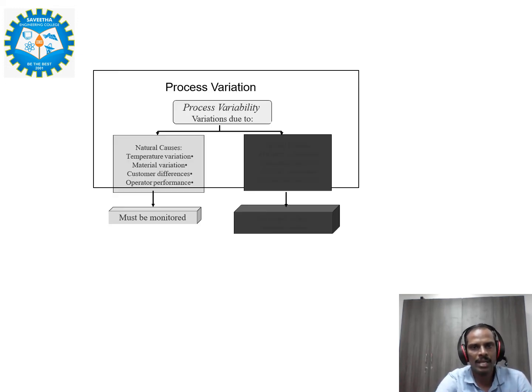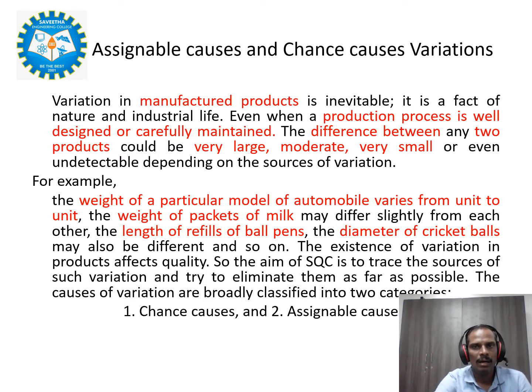And the process variations are mainly calculated for normal causes. The normal causes are nothing but temperature variation, material variation, customer differences, feedback, or operating performance that should be maintained or monitored. This is the main difference between assignable causes and chance cause variations. The variations in the manufactured product